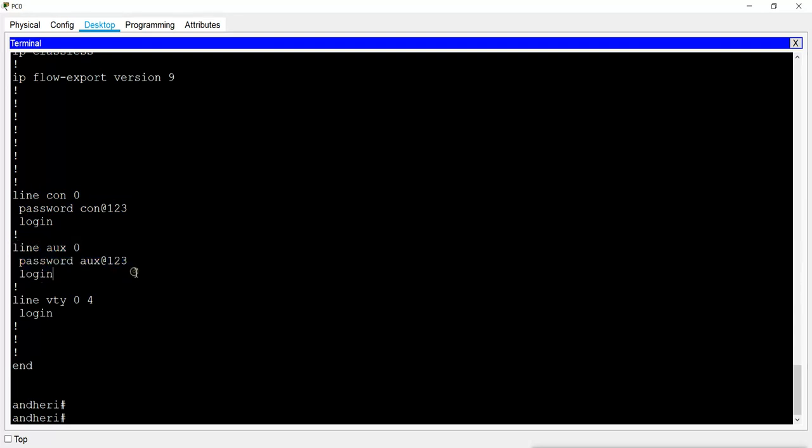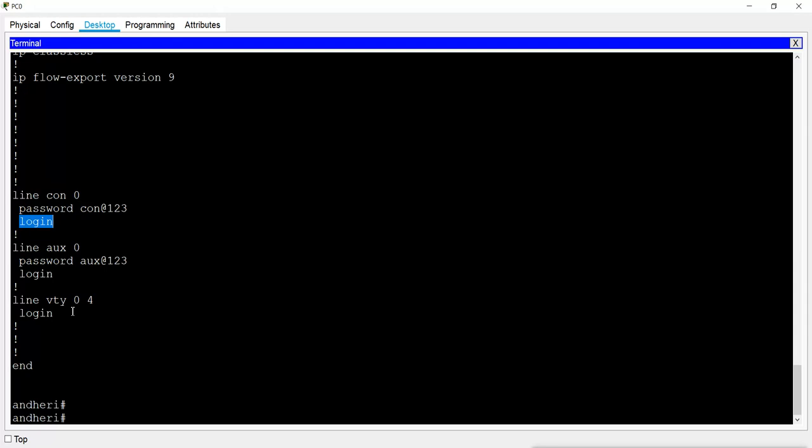Now remember, I said login is important because with the login it asks the password, and also I said that telnet is also there which you can use to log in, and by default it is disabled. If you try to access the router with telnet without a password, there is no password, and when you do not have a password, it is disabled.